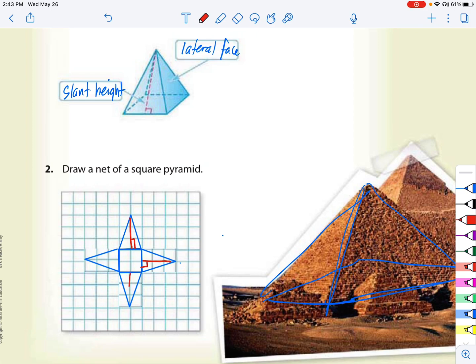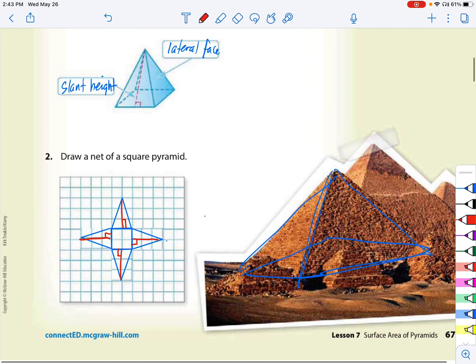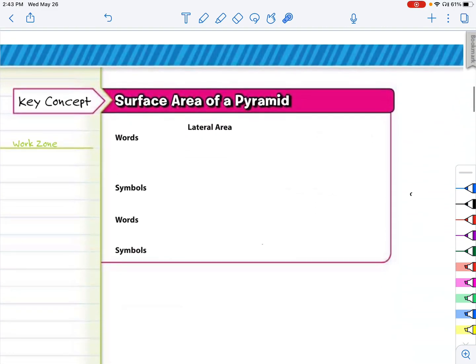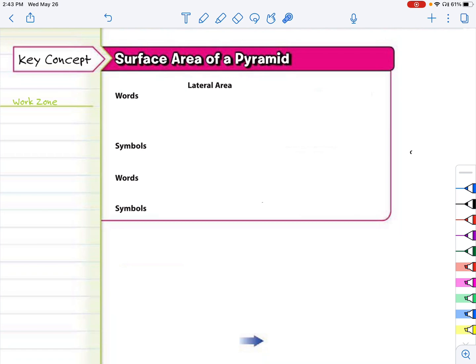The one in red is the slant height of our square pyramid. So that is the net of our pyramid right here. I just opened this up and it looks something like that. Let's take a look at the lesson proper here. When you talk about surface area of a pyramid,